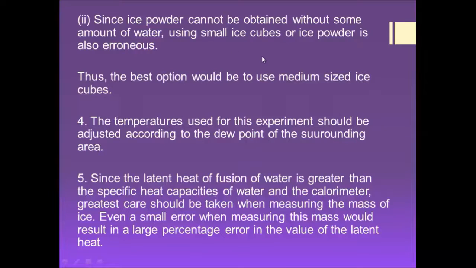So the best option would be to use medium size ice. The effect of the presence of water in medium size ice will also be low, and when using medium ice cubes, the temperature of ice is also controllable. There will be a minimum temperature gradient, and also the temperature will not exceed the dew point. So the best option is to use medium size ice cubes, and the temperature used for this experiment should be adjusted according to the dew point of the surrounding area,